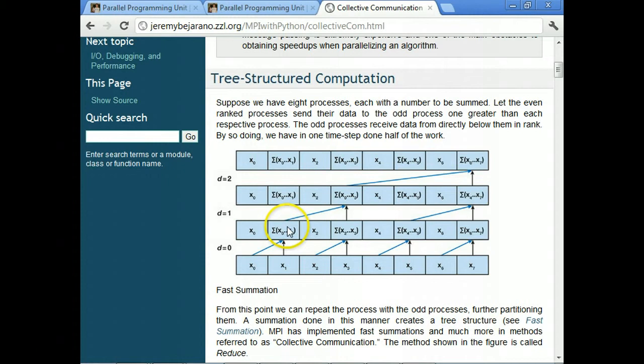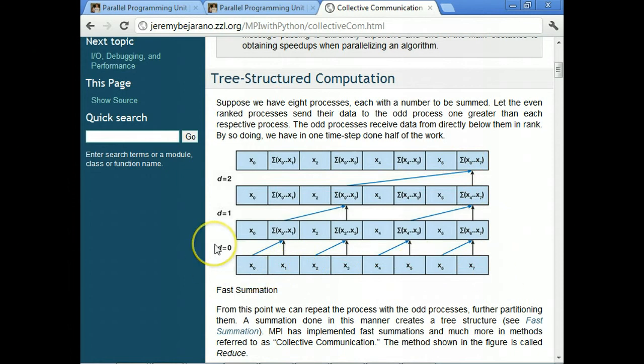And then we do the same thing. Process 1 will send to process 3, process 5 will send to process 7. And then in the next time step, process 3 will send to process 7. By the end, you can see that process 7 ends up with the sum of all of these.